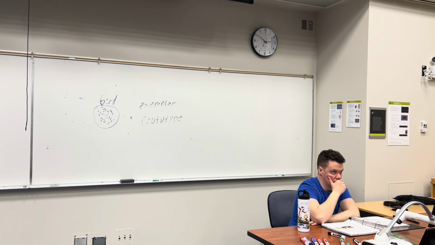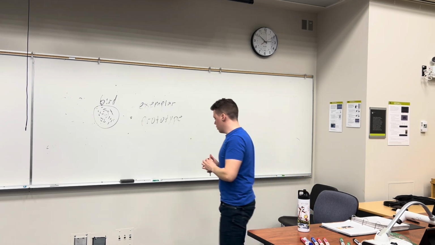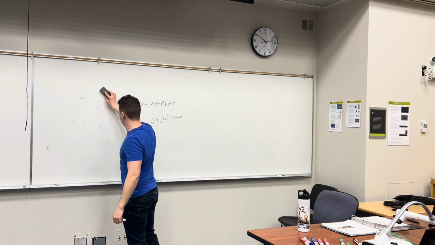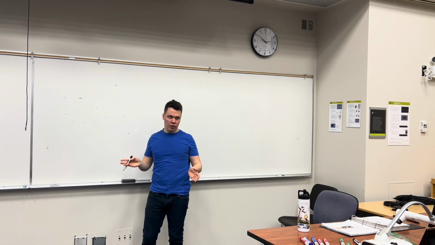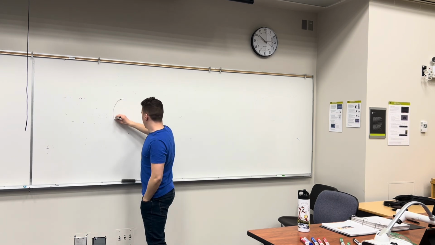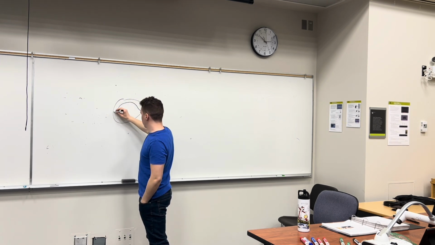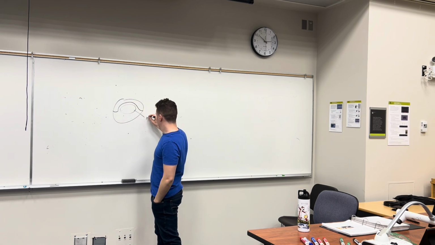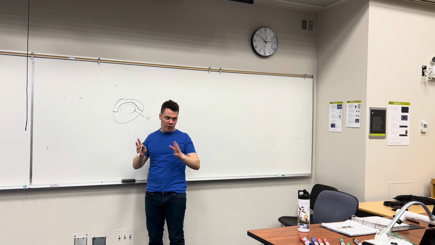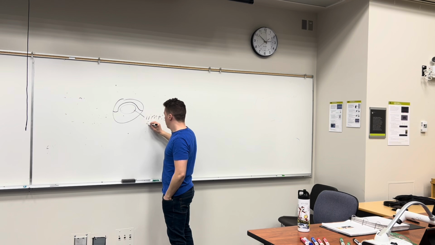Ventromedial prefrontal cortex. So I don't think I drew this in class, but it might be helpful to think about it like this. This is obviously an oversimplification, but it's the way to think about it for the test. So there's the cortex, which is the outside part of the brain. There's the limbic system. So the limbic system includes the amygdala and various other more emotional parts of the brain. I don't think limbic system is in the key terms, but